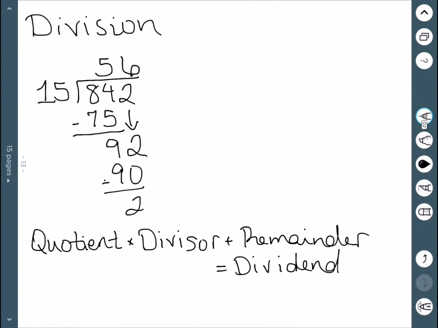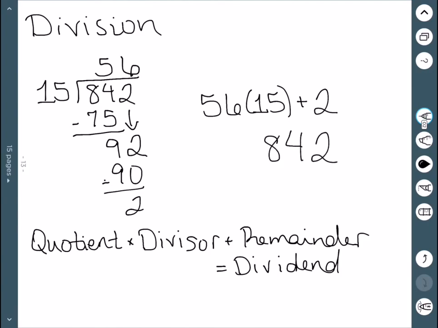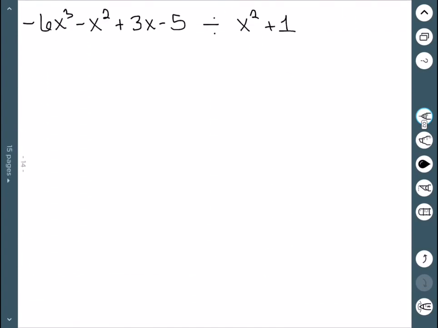We can check that here. Our quotient was 56, the divisor is 15, and the remainder is 2. And if you work all of that out, you get 842. So now our idea is to use this method to do polynomials. So for example,